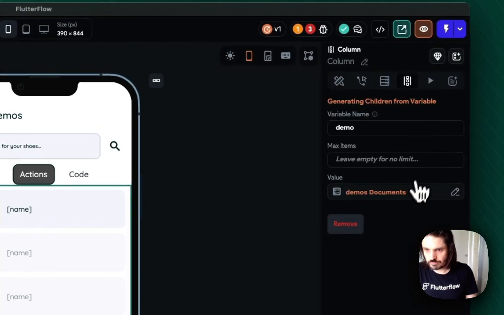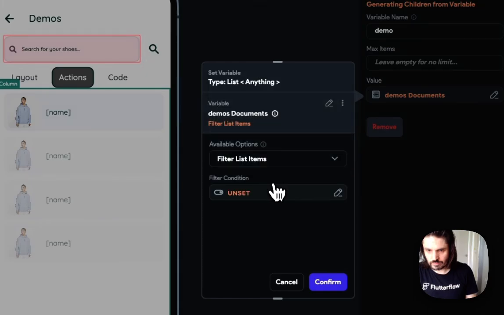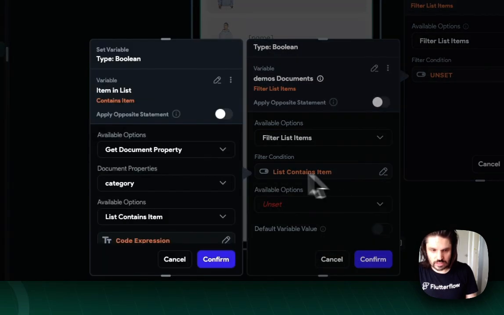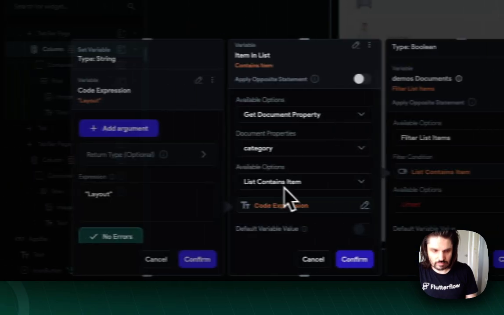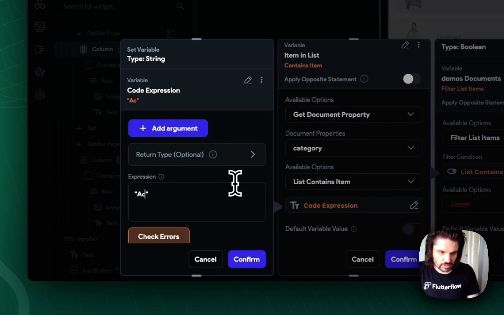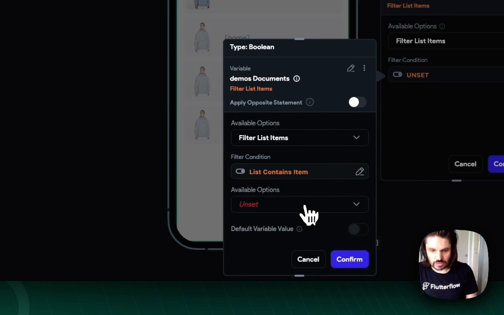over to here. Filter, paste. And then obviously this one we want to know, does this list contain, in this instance, actions. So does the demo document contain actions? And by doing it like an array like this, it means that I can give multiple categories. And now we're going to have,